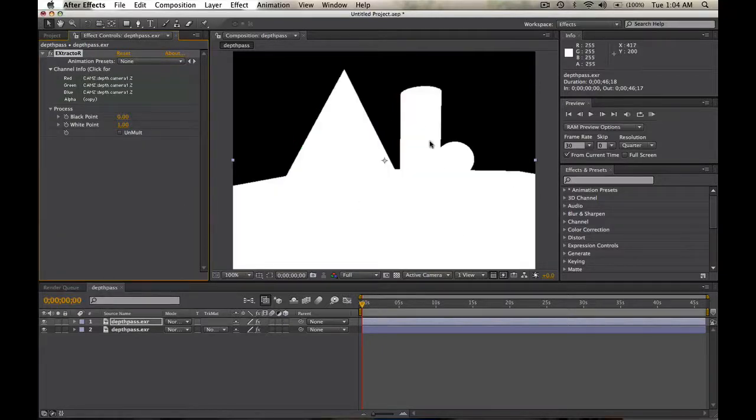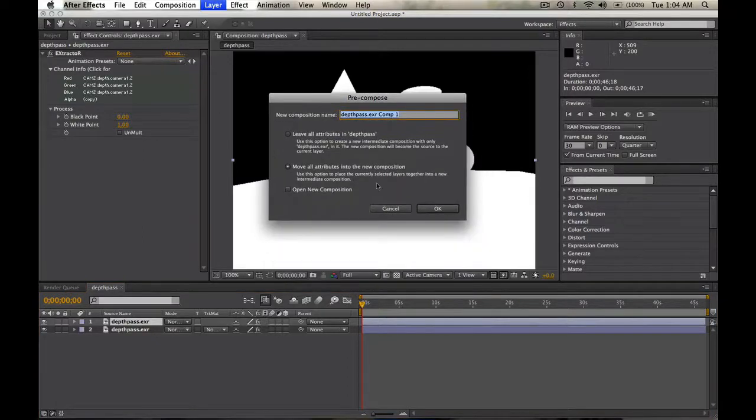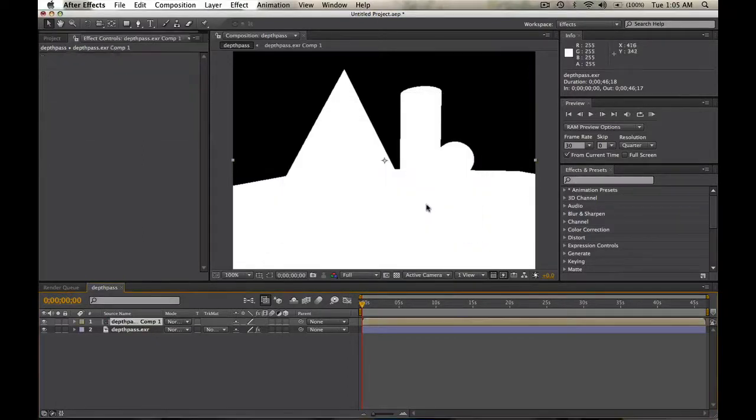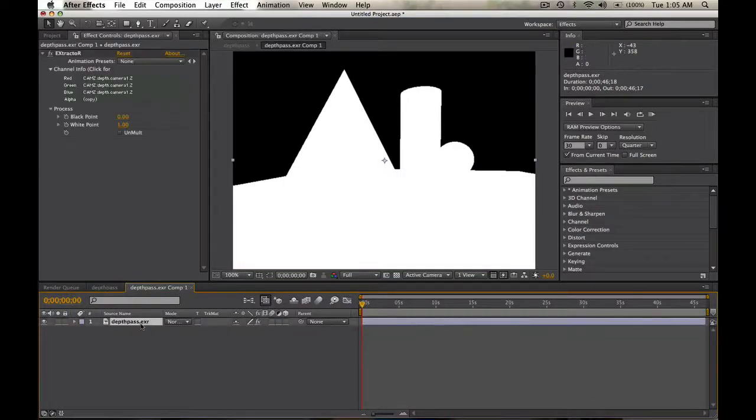Basically makes it a black and white image, but that's not a problem. That's supposed to happen, so don't worry about that. Now you're going to hit Control Shift C, or if you're on Mac, Command Shift C, which is going to pre-compose that layer, move all attributes into the new composition. OK. Double click it, select your layer,